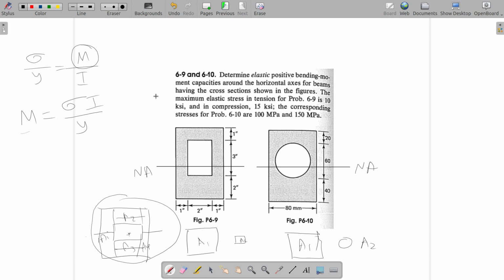Now for a positive bending moment, you will have compression at the top and tension in the bottom, right? So this is positive bending moment. You're basically trying to bend the beam. The uppermost layer will have